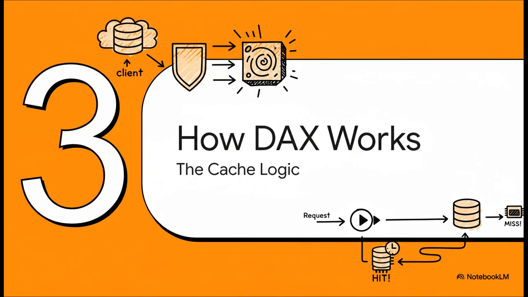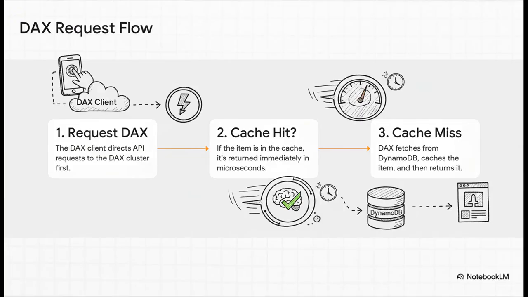Okay, so how does DAX actually pull this off? It sounds like magic, but it's really all about some very smart, very simple caching logic that intercepts requests before they even have a chance to hit your database. The easiest way to think about DAX is like a speed dial for your database. When your app needs to read something, it calls DAX first. If DAX has that item in its memory, boom, that's a cache hit. It sends it back in microseconds, just like that. If it's not there, that's a cache miss, no problem. DAX just seamlessly goes and grabs it from DynamoDB, saves a copy for next time,